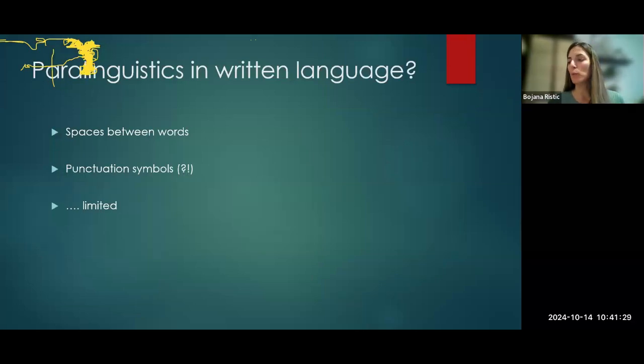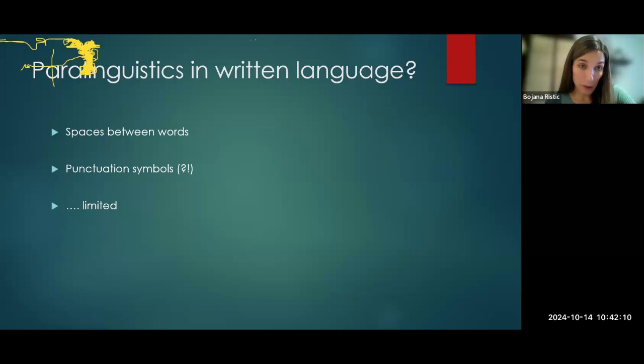And something that I wanted to finish on, I think we will finish a little bit earlier than usual today, is something I wanted to finish on because all the time I have been talking about how we have all this paralinguistic information in spoken language, but we don't do anything in written language to do it. But there are some actually minimal things that we are doing. For example, we are using spaces between words, right? The spaces between words are a written language equivalent of making breaks between words, right?